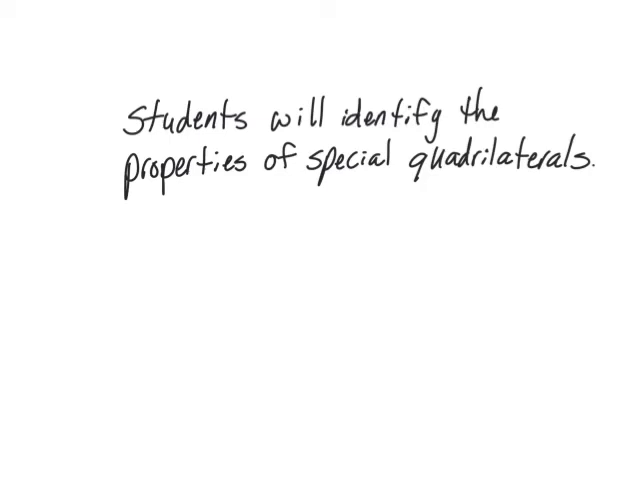In this lesson, students are going to define and identify the properties of special quadrilaterals. So we're going to start off with our definition of a quadrilateral. A quadrilateral is basically any polygon with four sides, so no curves to it, just four segments connected, and